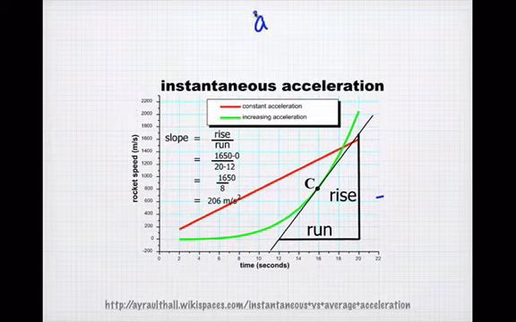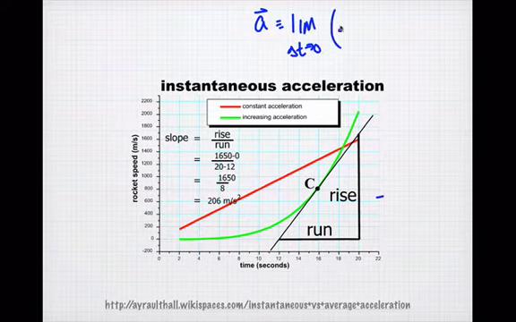So instantaneous acceleration is defined as the limit as delta t approaches 0 of delta v over delta t. It looks a lot like the other equation. It's the same relationship. But that limit idea meant that we're shrinking a time interval down, so that the time interval approaches 0. The interval is shrinking down, shrinking down. Again, that's something that you'll learn in calculus, and probably in pre-calc at the end of the year. But if we look at this graph, if we could imagine shrinking down a time interval